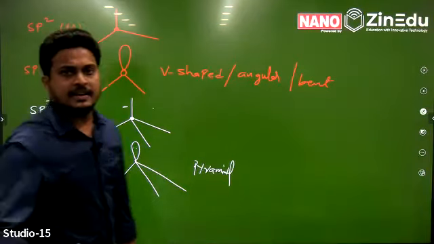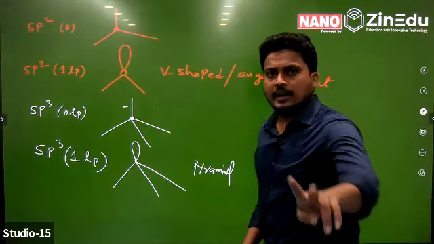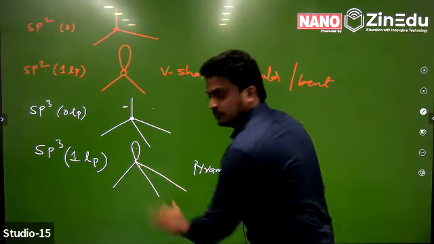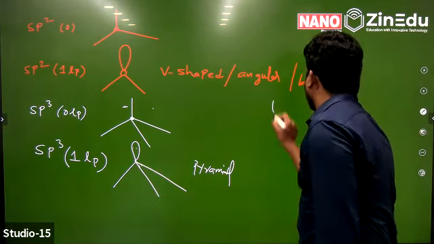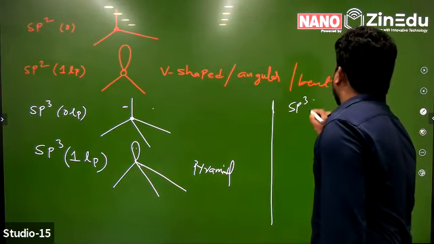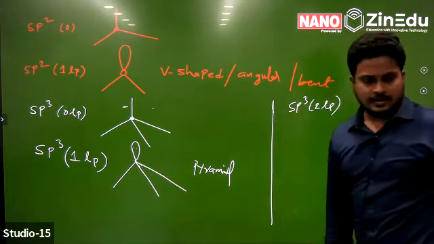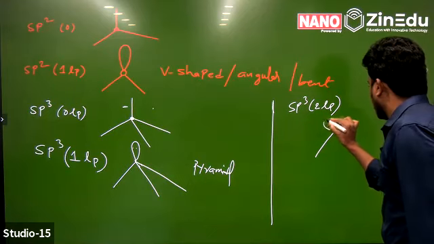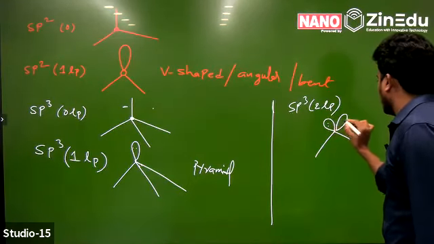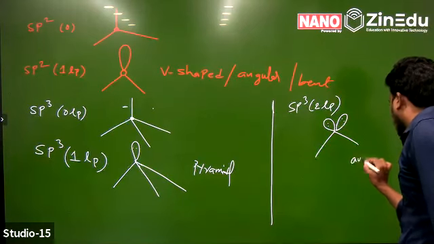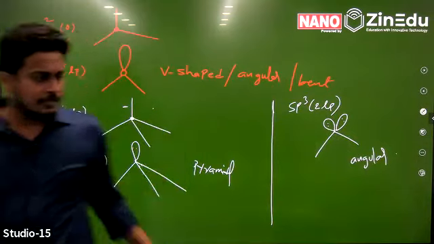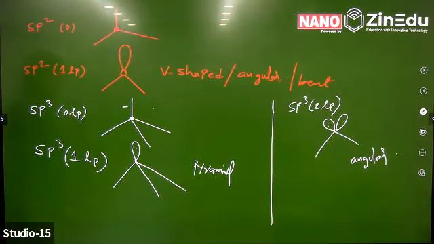In the same way, sp3 hybridization, if we are having two lone pairs, consider these also as lone pairs, then the molecule looks angular. sp3 with two lone pairs. See, this is the shape of the molecule. These are lone pairs. How does it look? Angular. Angular geometry. Copy it. If lone pairs are there, geometry is deviated from the original structure.